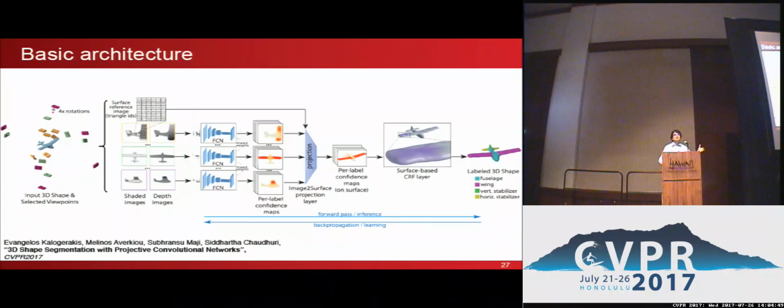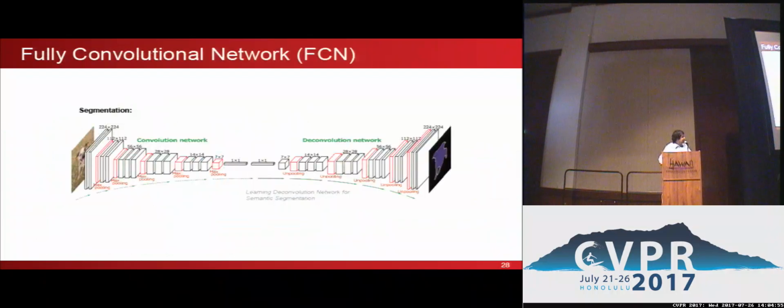So what we see here is a marriage between the view-based model and the surface-based model to get the best, let's say, of both worlds. Any FCN module can be used here. I mean, we used the architecture from Long and Darrell, the first FCN architecture, but in general, you can